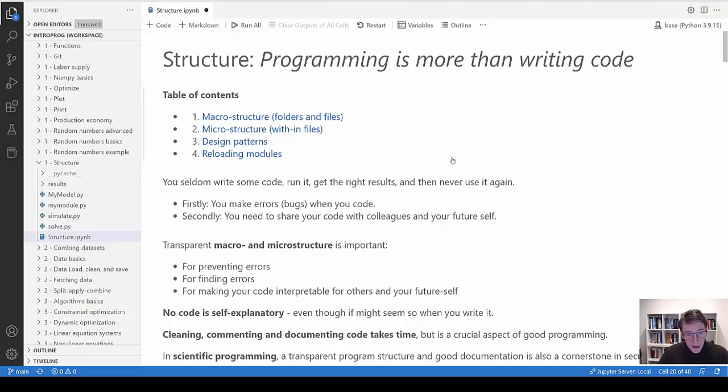In this lecture, we will talk about both macro and micro structure, and the idea is to prevent making errors in the first place, find errors when they are there, and in general make your code interpretable for others, including your future self. Once you write some code, you often think this is very clear, I know what this code does, it's self-explanatory. In practice, it is not,